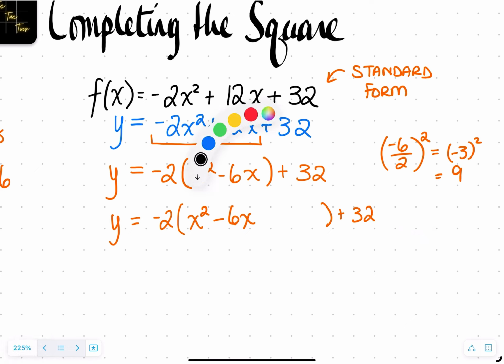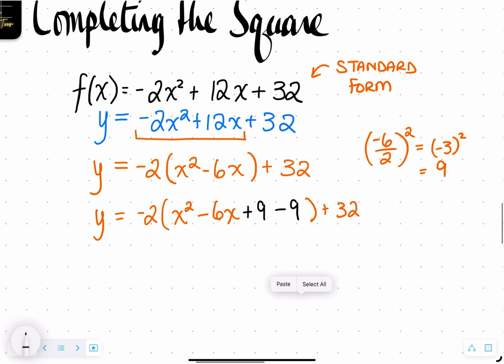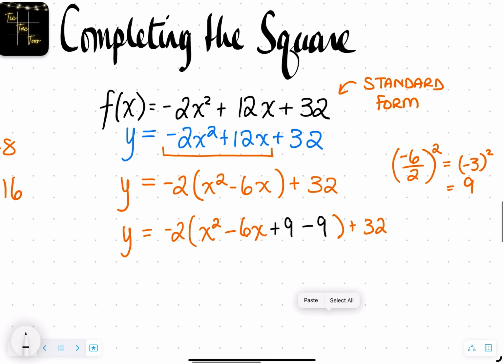Change colors to emphasize this. So we have plus and -9. If I had just left it with the +9 here, what would happen is it would get me to that perfect square trinomial, but then I've changed the equation altogether and I make a whole new function. That's not what I want. So by also subtracting 9, what I'm doing is adding 0 in essence to the equation, which doesn't change the graph of it or the function overall, but it does help me change the way the equation looks